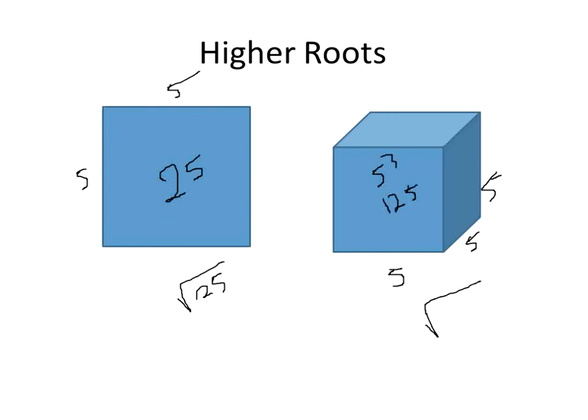All right, so if I've got 5 cubed, then I can also take the cube root of 125, and I just put a little 3 up front here. I could put a little 2 up front for square root, but we don't. We just assume that's a 2, okay? So if I'm saying the cube root of 125, what number am I going to get? What do you think? In the first one, I'm finding the length of the side of that square, right? What number times itself gives me the area of 25. For the volume,